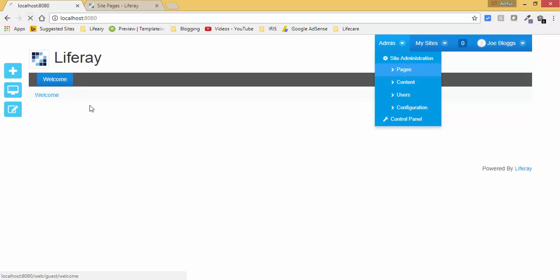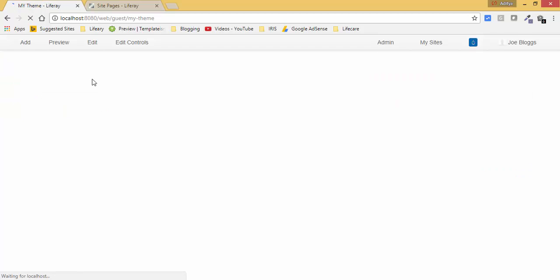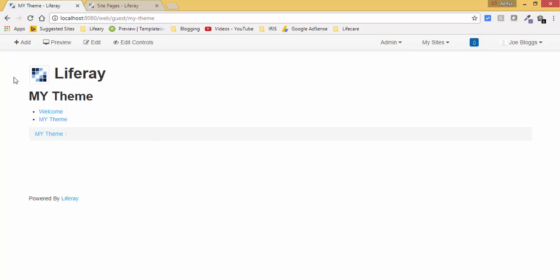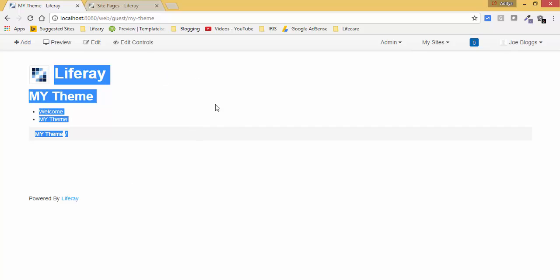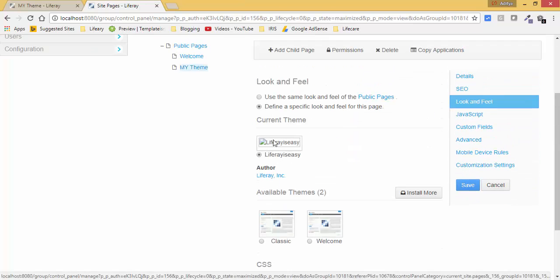This is our classic theme, and when I click on my theme, this is our custom theme, and it is nothing but simple and plain. So now we need to change something in this, or we can create a proper theme by using CSS and JavaScript. Let's see how we can do this. First of all, as you can see, this is blank. So I need to create an icon of this kind for our theme.